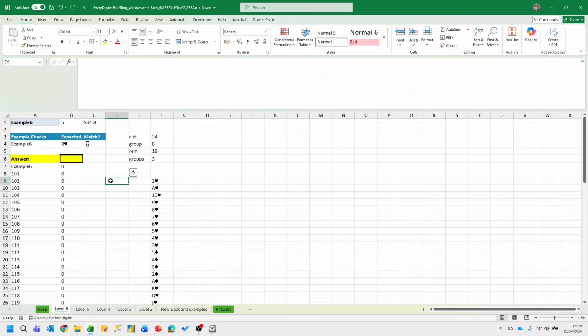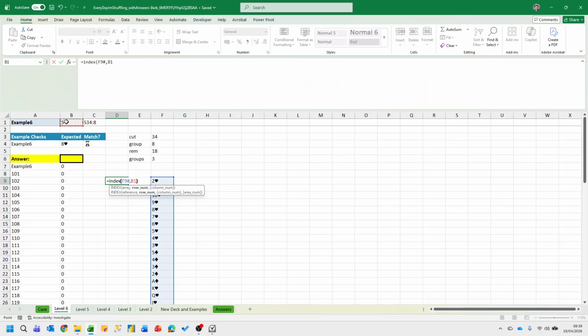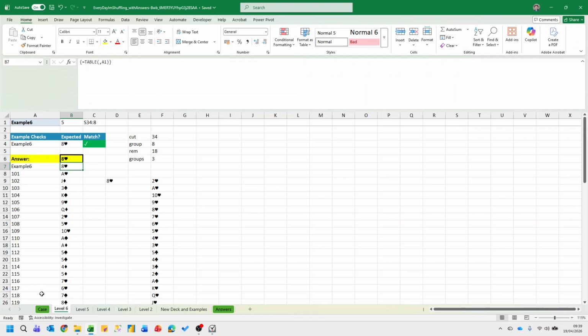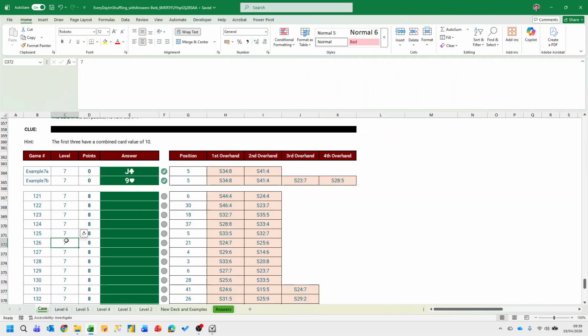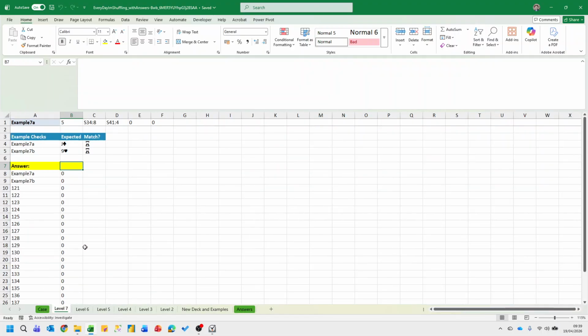So for now this will put me in a good position for the next level. So I'm going to index that in the 5th position. Gives me the 8 of hearts, which is correct, and that solves level 6. Okay, level 7 we're now going to scale up nice and quickly,